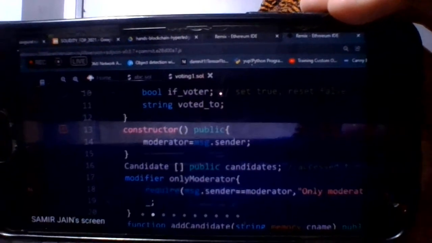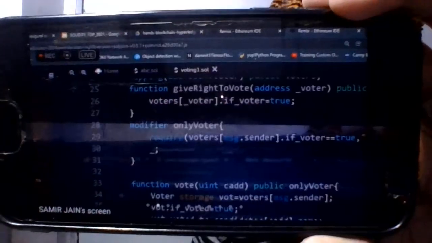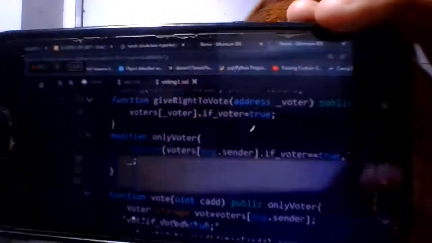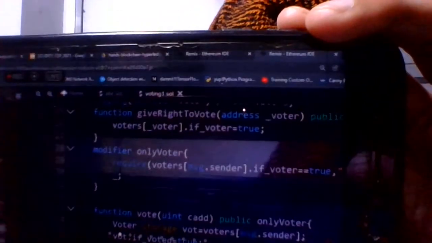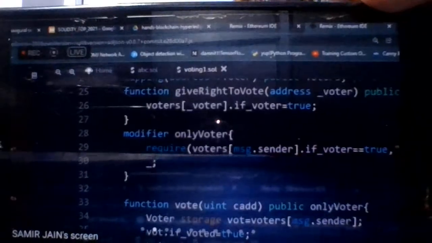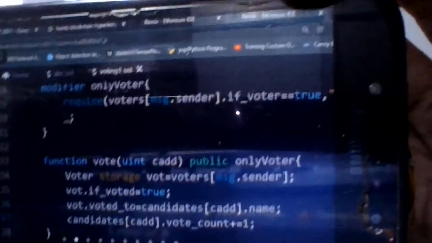Reference declaration is neither modifier nor base class. Let us see. So public only moderator. We forgot that. Okay, then again we have to compile this thing. Now it is compiled. Okay.